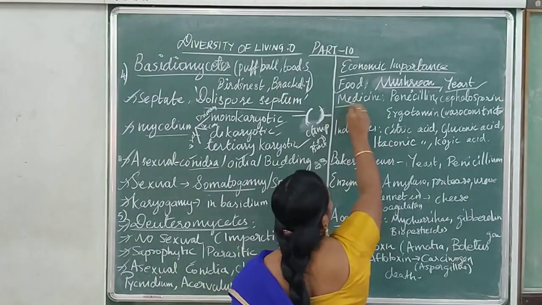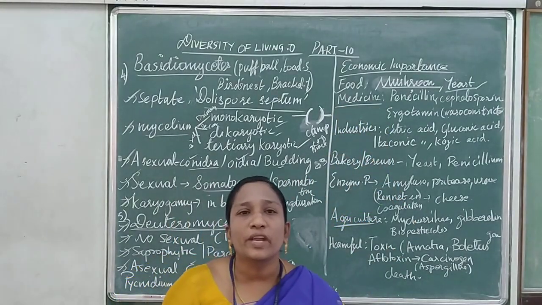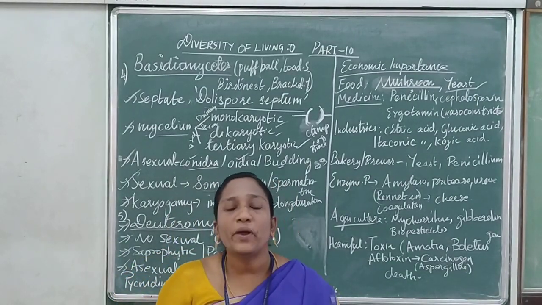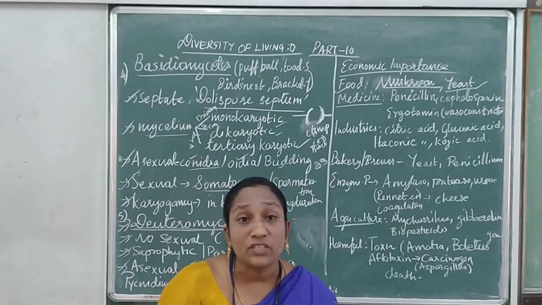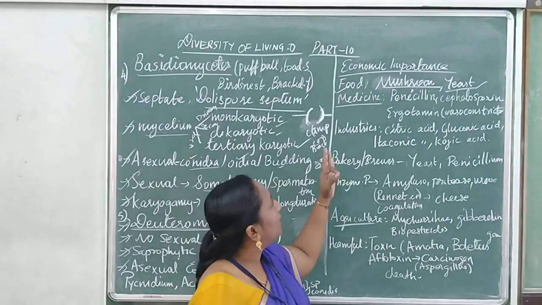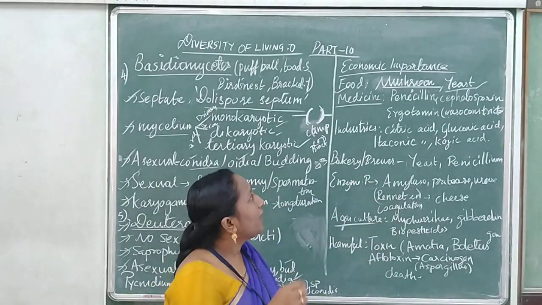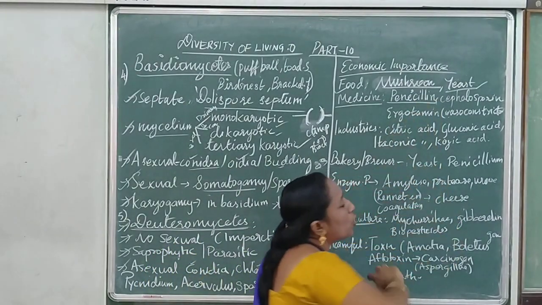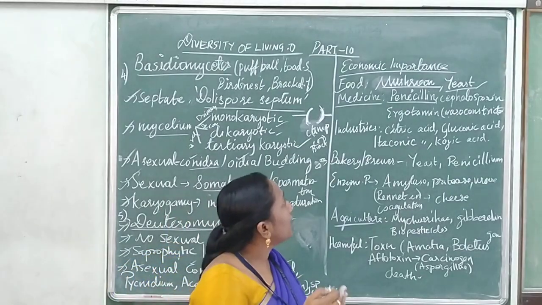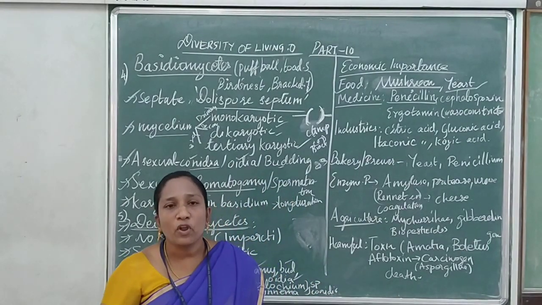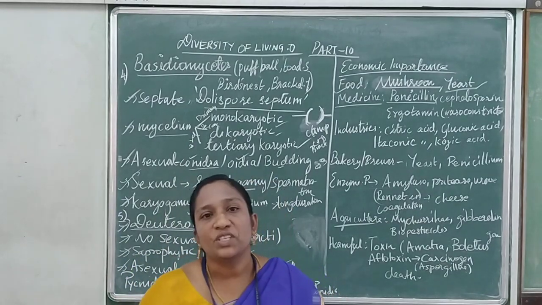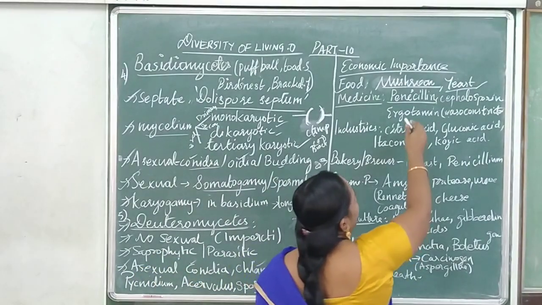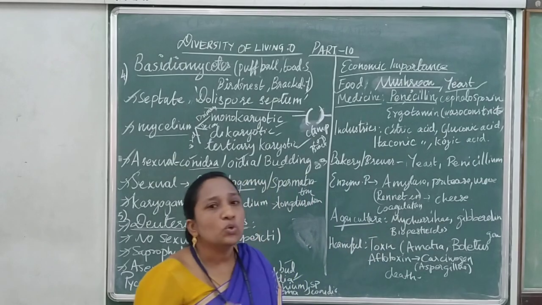And next one is medicine. Under medicine preparation, the fungi occupies a vast space. Already we learned that bacteria is used in different ways for preparing medicine, that is antibiotics, and a lot in industries and biotechnology. Like that, fungi also does a lot of functions in medicines. Especially the commonly known antibiotic taken from the fungi is penicillin. Penicillin is an antibiotic medicine which is derived from Penicillium notatum. So this Penicillium notatum gives the penicillin injections which are used as an antibiotic.